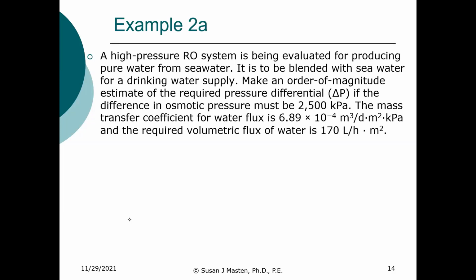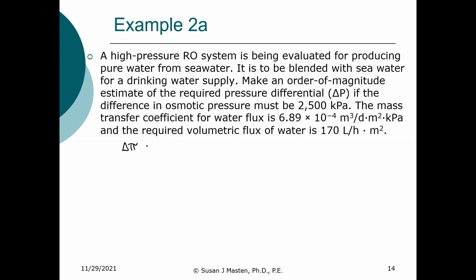So let's look at this problem here. We have a high pressure reverse osmosis system. It's being evaluated to produce pure water from seawater. It's to be blended with some seawater that will, after treatment, increase the salt so that it's less corrosive. And you're asked to make an order of magnitude estimate on the required pressure differential if the difference in osmotic